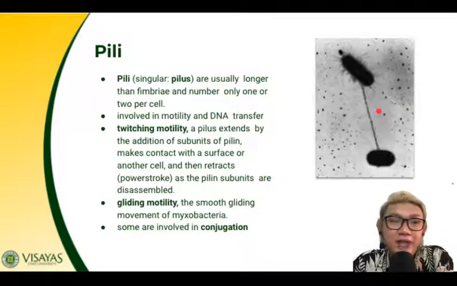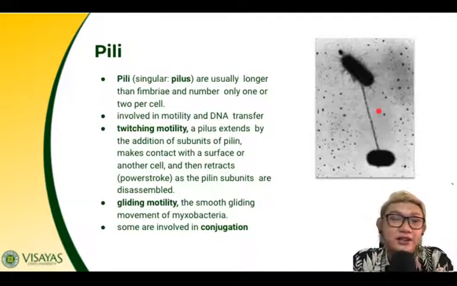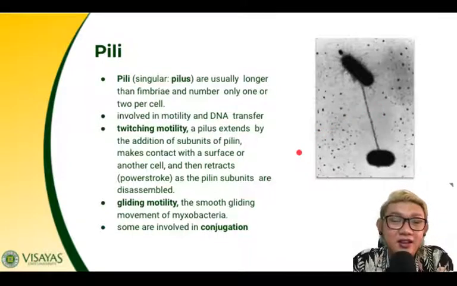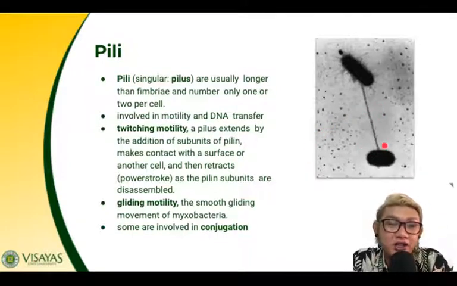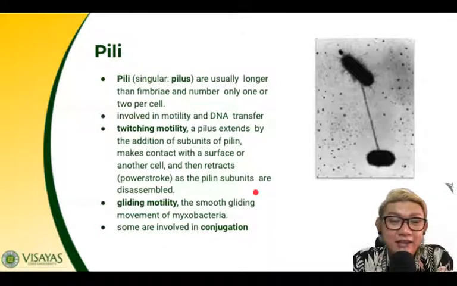Finally, there are the pili, singular pilus. These are usually longer than fimbriae and number only 1 or 2 per cell. They are involved in motility and DNA transfer. In twitching motility, a pilus extends by the addition of subunits of pilin. It makes contact with the surface and then retracts as the pilin